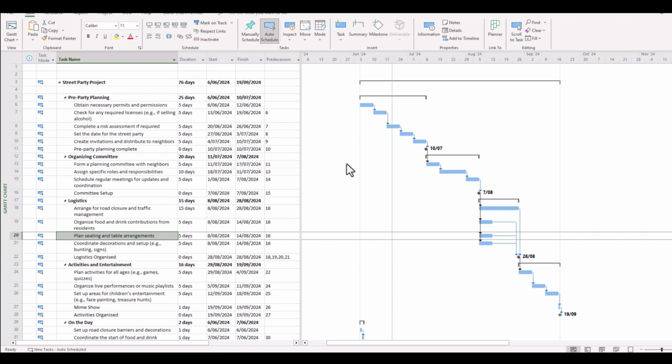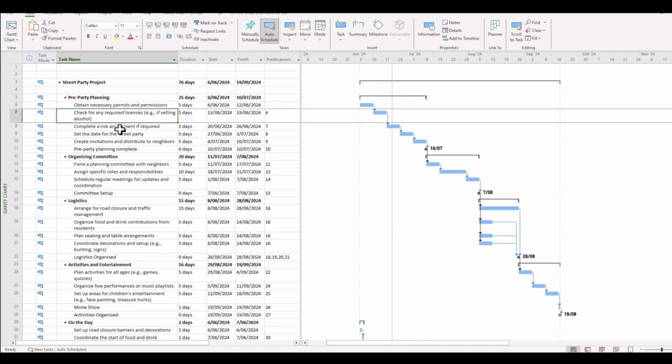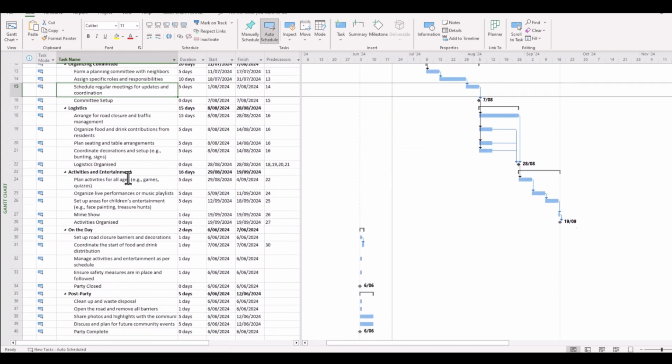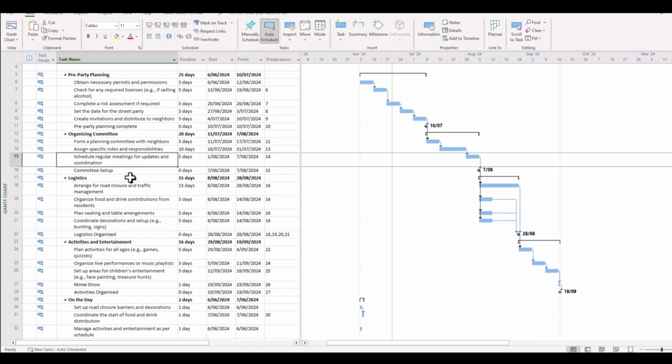Now, at this stage of the project, you would have already brainstormed or indeed documented all of the steps that you need, the tasks and the predecessors and linkages within those tasks to form a project schedule. And if you want a bit of revision or want to review good ways in which to do this, definitely have a look at videos 1, 2, and 3 of the Performance with Project series, because there's some really neat hints and tips that will help you get to this point. But at this point, we want to focus on our resources and including these resources in our project.